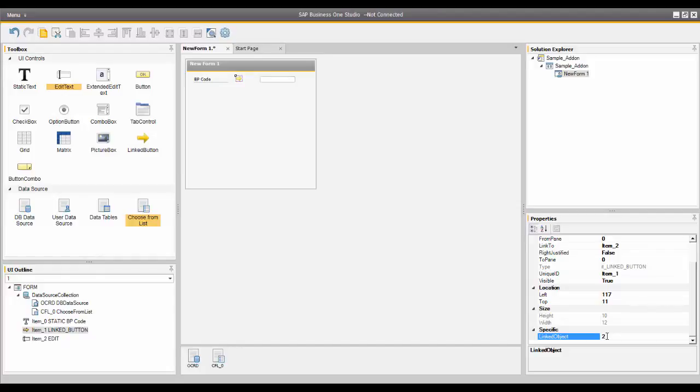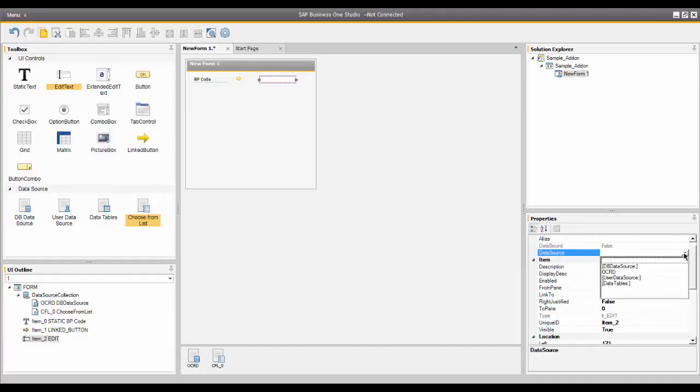The next thing I need to do is bind my DB data source to the BP code edit text field, which is here. So I'll click on the Edit Text field to get my Properties window. And in the Data Source field, you'll see here, I can click on the drop down and you'll notice I have my OCRD. I'm going to go ahead and choose that because I want to link it to my partner